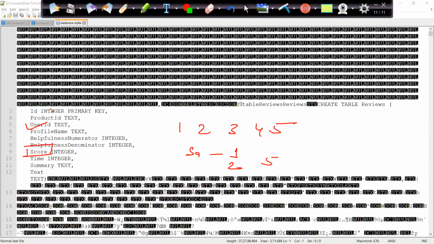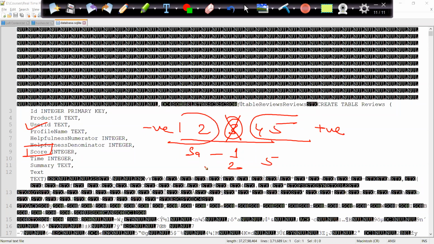So here, score has 5 values. What I will do in my data set, I will consider 3 as an average. I don't want these records, basically. I will just work on 4 and 5 rating, which I will consider as positive, and I will work on 1 and 2 rating, which I will consider as negative. 3 I will skip. So once I read the data, I will apply one filter where I don't want rating as 3.